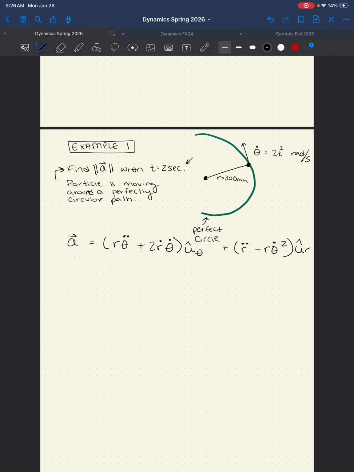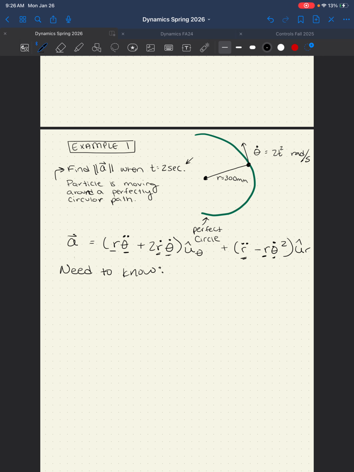Which means that I need to go find r, I need to find theta double dot, r dot, theta dot, r double dot. I think I already said r and theta dot. So we need to go find each of those quantities. So I'm going to write myself a list. We need to know,